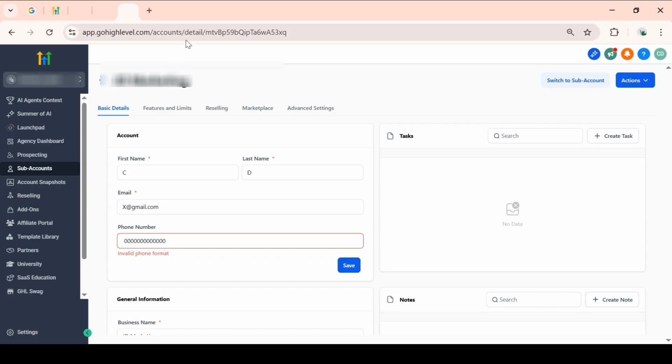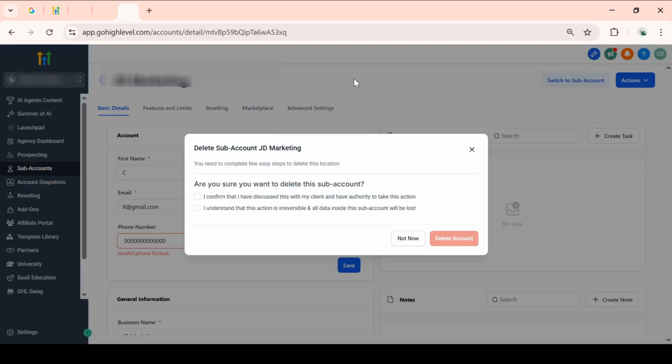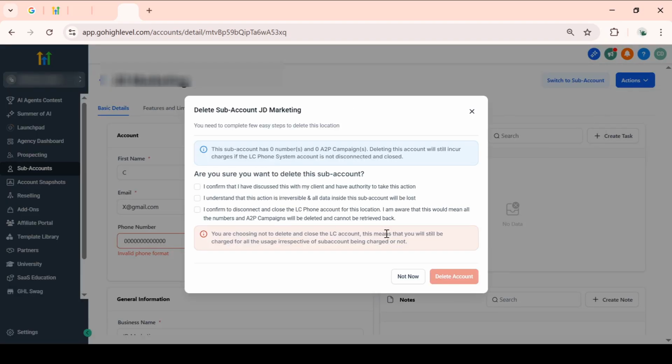At this point, it's crucial to read and understand any disclaimers regarding data loss. Deleting a sub-account is irreversible. Once you're certain about your decision, acknowledge these disclaimers. To finalize the process, you'll need to confirm the deletion by typing the word delete into the provided field. This confirmation step adds an extra layer of security, ensuring that you are absolutely certain